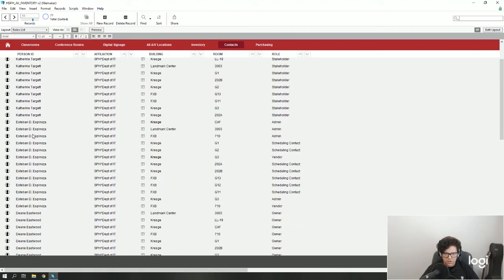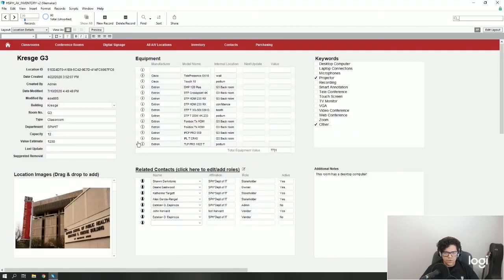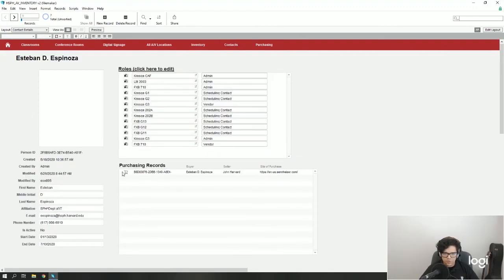And these roles are also displayed in each location. So if you go to one of the locations here, you will see this related contact table, and that is fetched from the roles auxiliary table. The way that is done is it filters by roles records that contain this location ID. Finally, the contact form view has the purchasing records related table, which keeps track of the orders put in by this user. Let's go ahead and take a look at the